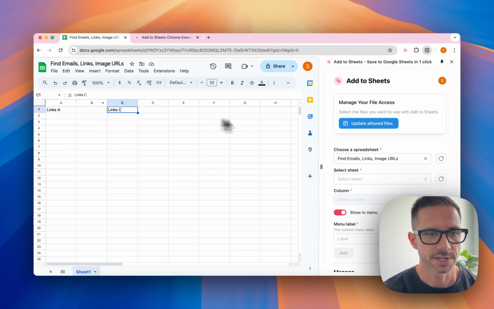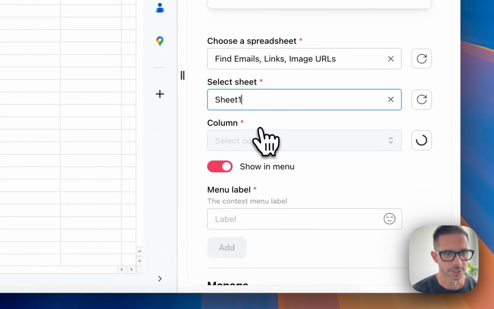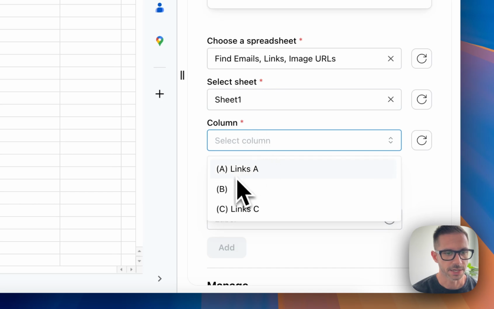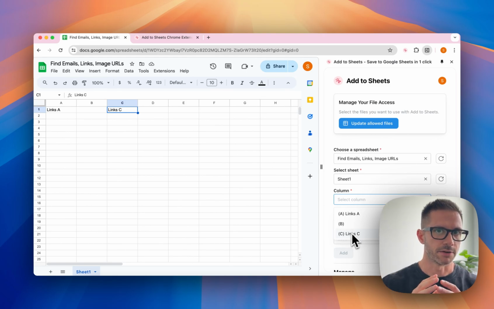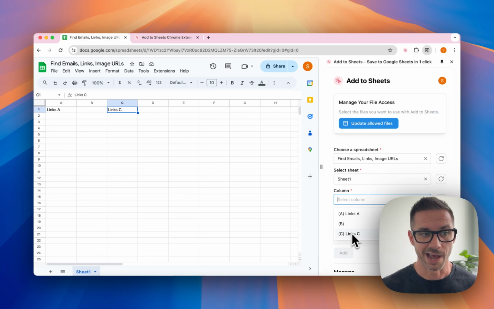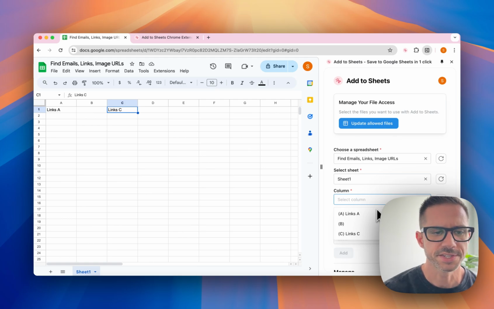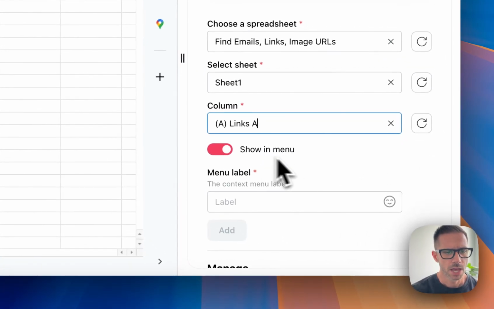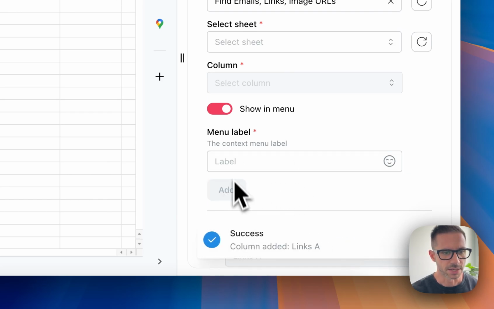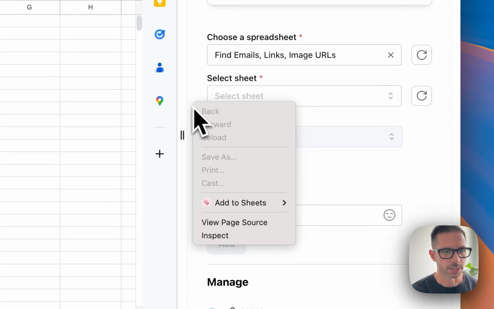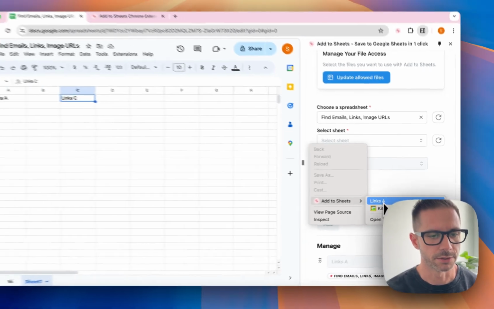configure it. So for instance, if I come over here to the extension, I've already chosen the spreadsheet. I'm going to go to sheet 1. And you'll see that I've got links A here and then B for the second column and then links C. So it automatically shows what's in between. So if I wanted F, I could just put something in column F and then refresh and it will show here. But for this example, I'm going to pick links A. And then I'm just going to give this an alias here, links A. We'll add that and that will automatically show now in the column here or in the right click context, so